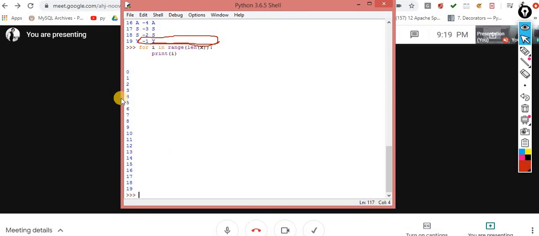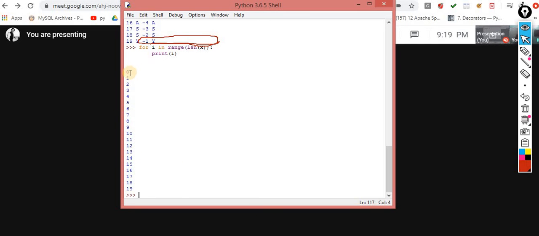Now I want to find out the negative indexing. Negative indexing, I know it. Always starts from the back end side and starting from -1. So 0 minus length of this, 20. So that means 0 minus 20. That means the output would be minus 20, and then minus 19, and so on. So this is the way.